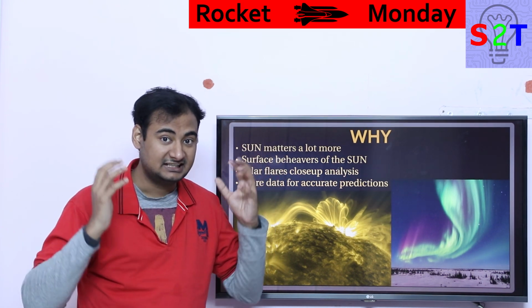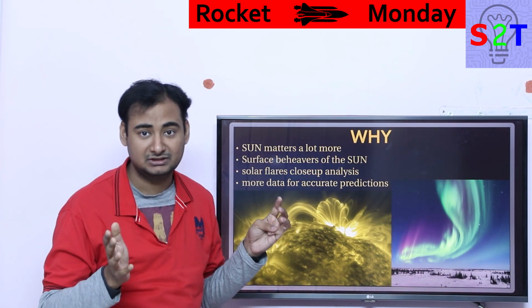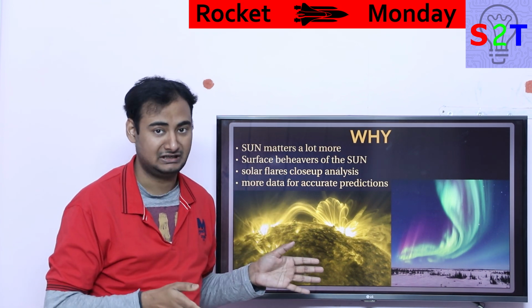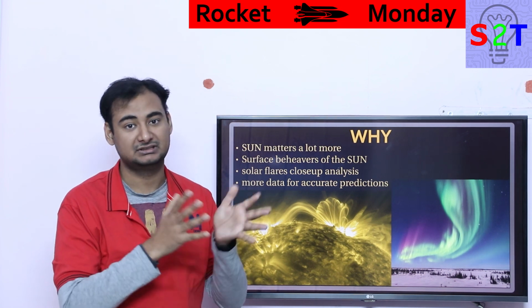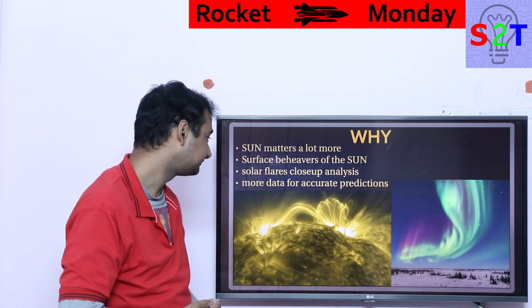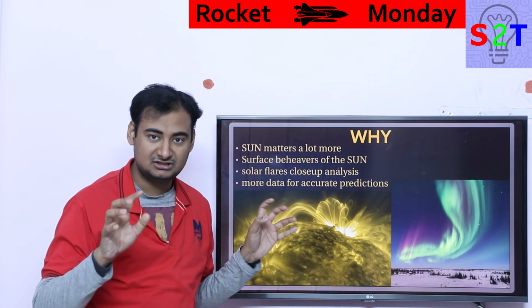Because again, the sun is the only energy source on Earth. Unless you are counting nuclear reactions, there is only one source of energy. Even fossil fuel comes from solar energy. So that's the reality of it. If you understand the sun, how it's interacting with the subsystems of Earth, you can truly predict Earth itself. That is why the sun matters. Because it is so far, whenever you type sun images and all that,